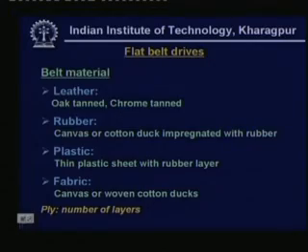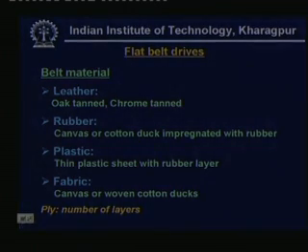In the leather belt material, you can see that oak tanned and chrome tanned types of leather are available. In rubber, basically a canvas or cotton duck is impregnated with rubber. This is the construction of the rubber belts. Plastic belts, as it was told, consist of a thin plastic sheet with a rubber layer, and which could have more number